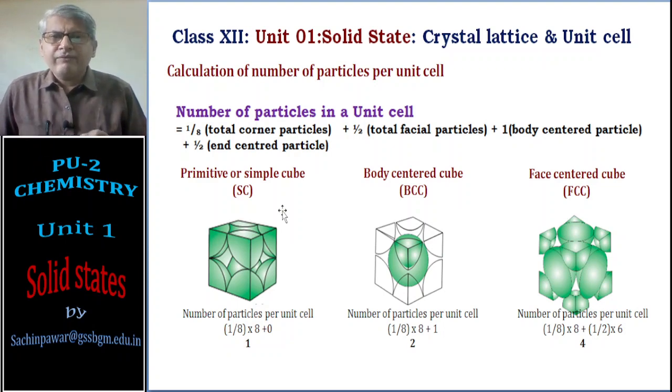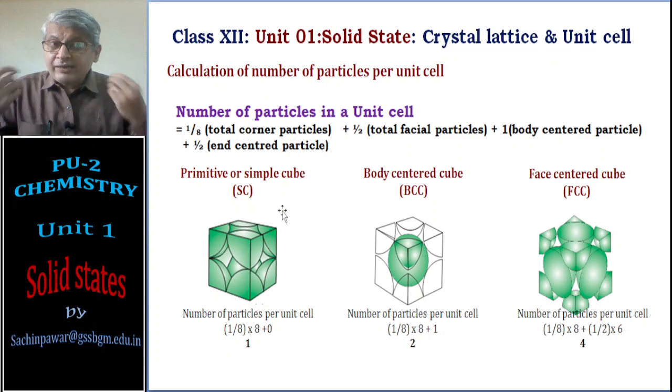So in this video we have gone through what is known as crystal lattice, types of crystal lattice, unit cell. What lattice point means, what crystal lattice means, what unit cell means, different types of unit cells based on the edge lengths a, b, c and edge angles alpha, beta, gamma. Then different types of unit cells based on the appearance of the filling of spheres in those unit cells, that is primitive and centered unit cells. And how to calculate the number of particles per unit cell is the last part. And that completes today's video.